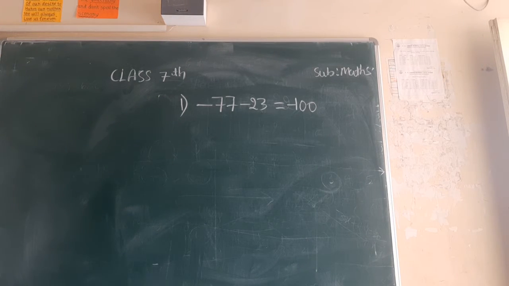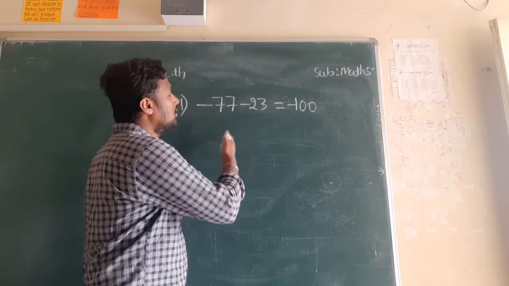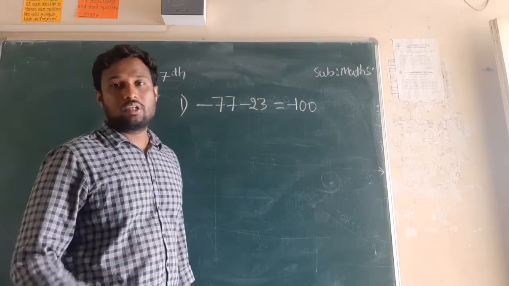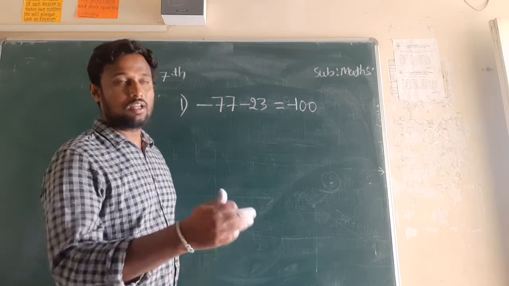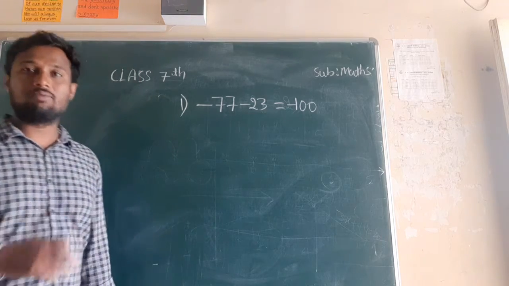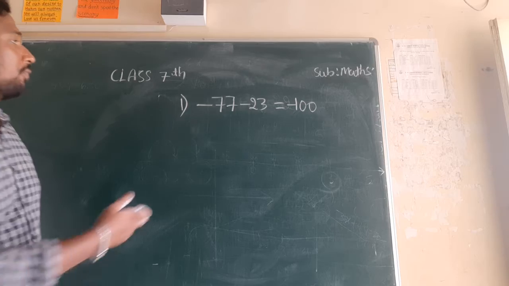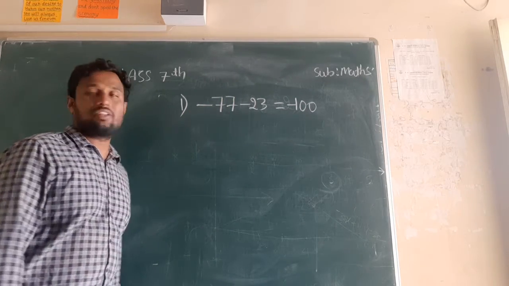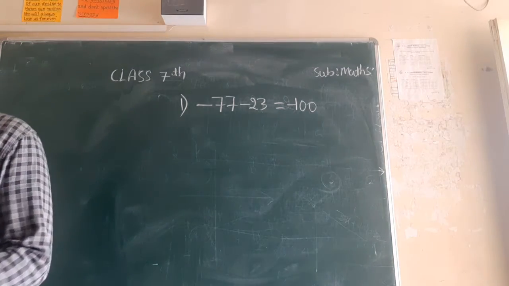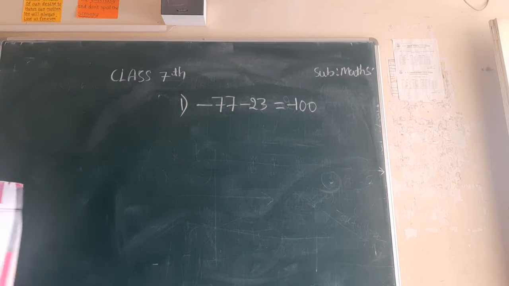So you can see now here we have bigger values like minus 77 and minus 23. We can't represent these numbers on number line because it will take so much space and time. So by using those formulas we can calculate very easily. So what is the answer now? Minus 77 minus 23 means minus 100. So now I will consider some other examples